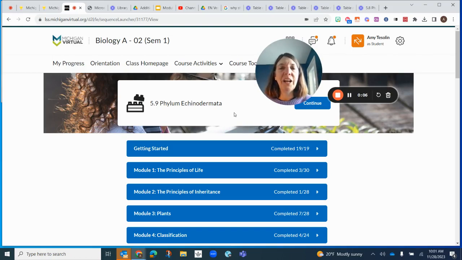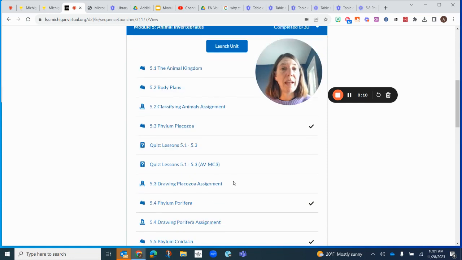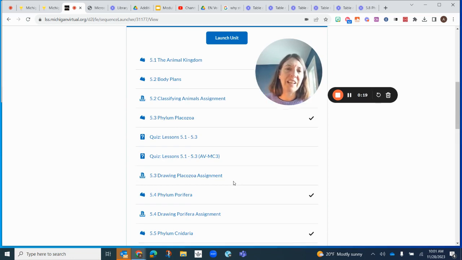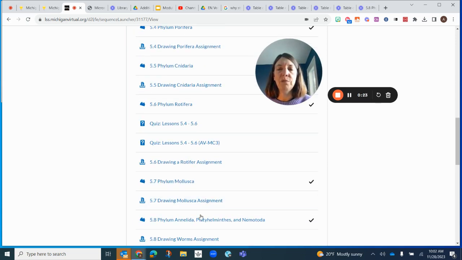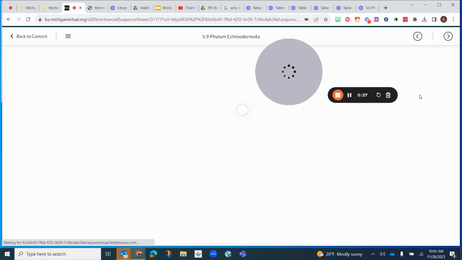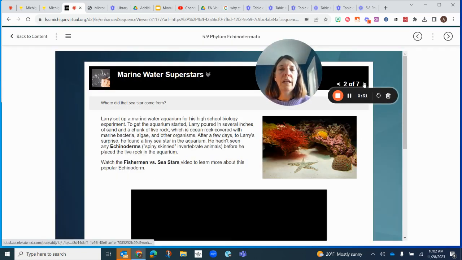We're looking at phylum Echinodermata now. The phylum Echinodermata has animals that we recognize like starfish, sea urchins, sand dollars, and some that we might not recognize like sea cucumbers. Okay, so going down to the slide deck of 5.9, you're going to learn about the different characteristics of Echinodermata,